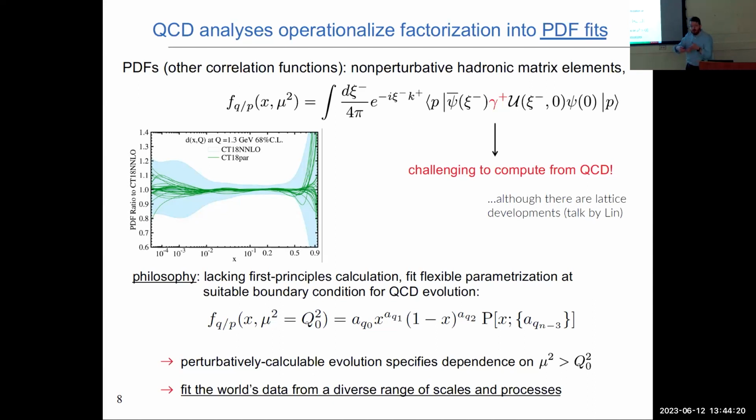The sort of theoretical technology that I just described, QCD factorization. What we do is we basically mechanize that into performing these very large scale PDF fits. And what we're really doing is we're extracting some sort of hadronic matrix element that's constructed from quark level fields of relevant operators. And for something like a collinear unpolarized PDF that we care about so much for LHC physics, for example, it really looks like a matrix element of the gamma plus operator.